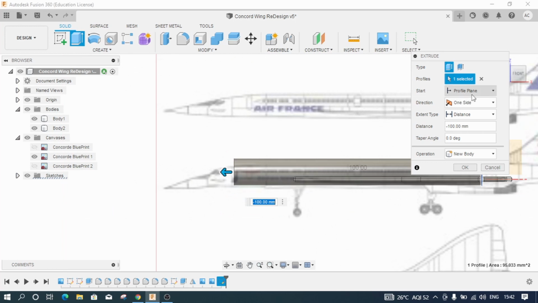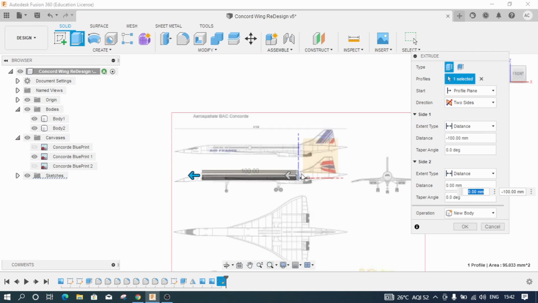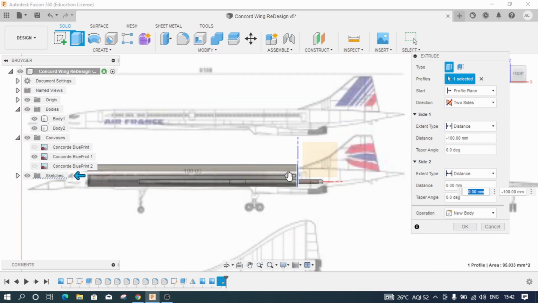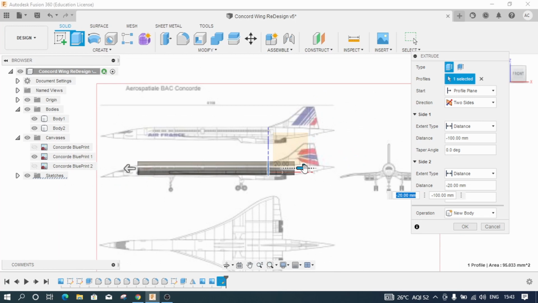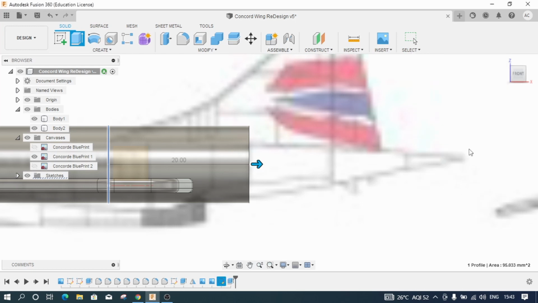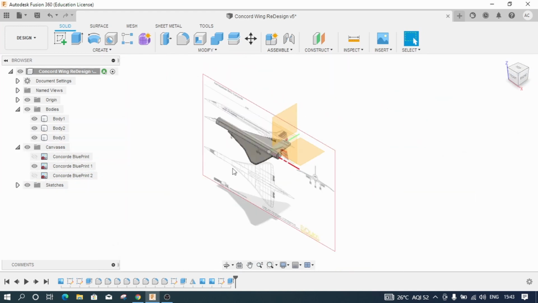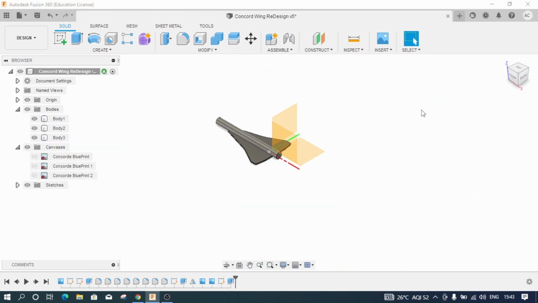And on this particular menu, I will also choose two-sided extrusion, and I will also extrude the same sketch onto the other side as well. So up to minus 20 mm I can extrude, and from here this particular decreasing cone is starting. So I'll click on OK, and I will see how this is looking like. So I will hide this one, and I will also hide the origin, and now you can get a feel of how your aircraft is being built.